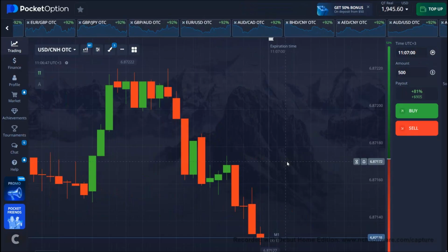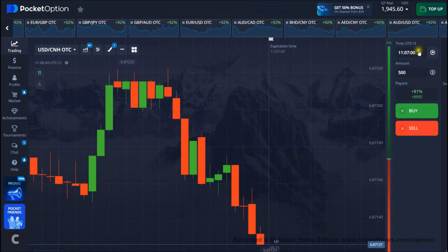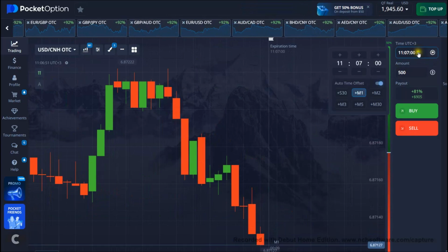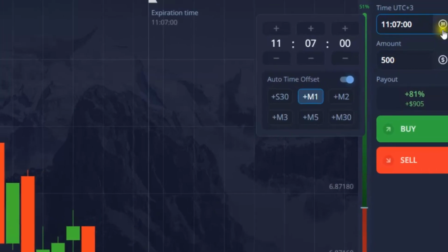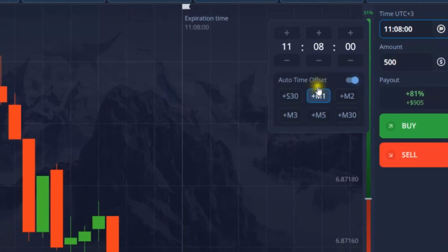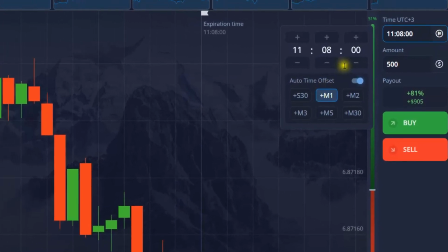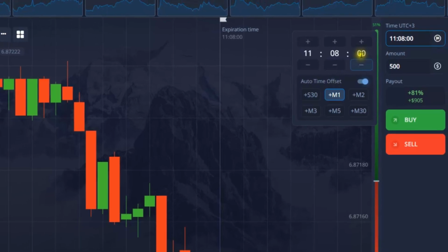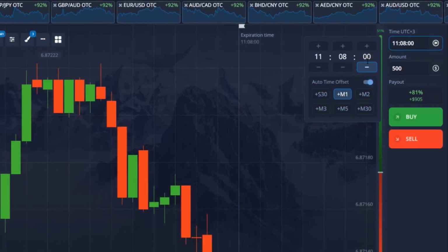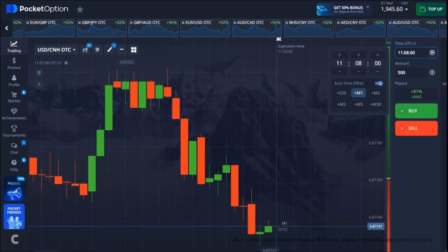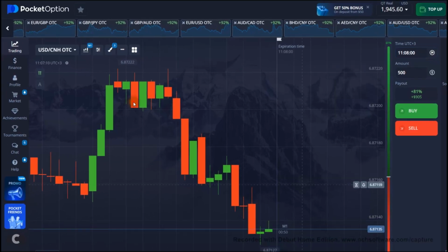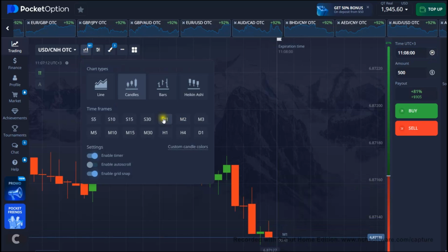Before I get into some live examples, let me show you how I take my entries. So the first thing you have to do is to make sure that the timer right here is on flag mode. Also make sure that it's on 1 minute and the last digits right here are 00. You don't want it to be on anything else, so it has to be on 00. Once you've done that, make sure that the candlestick time frame is 1 minute and that you're trading with the